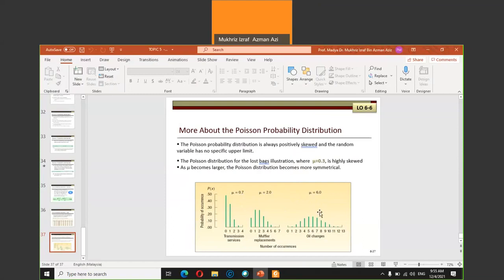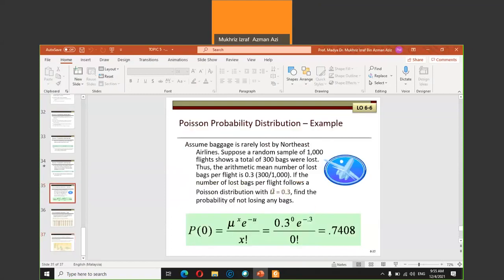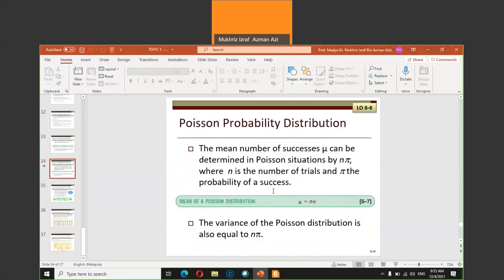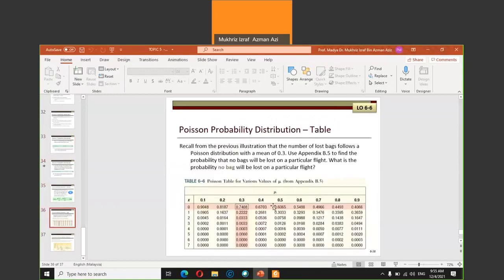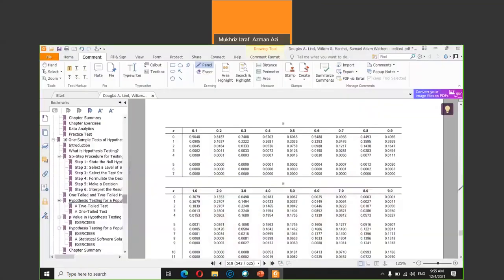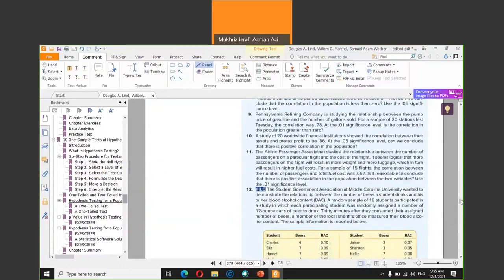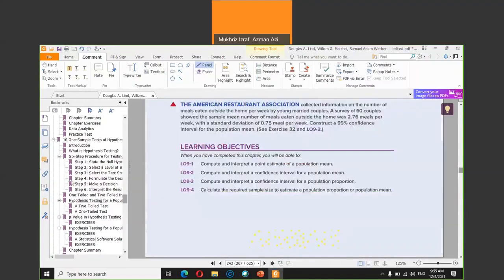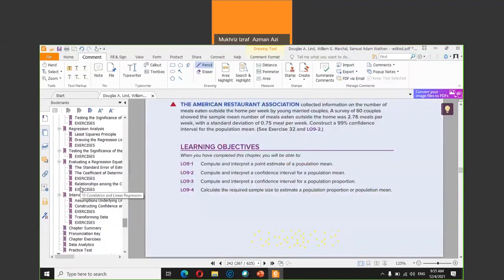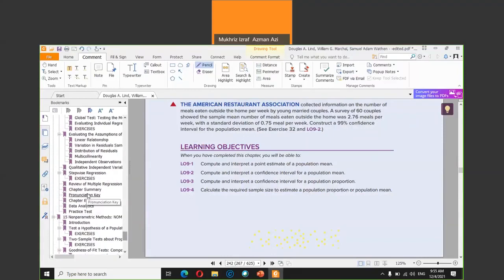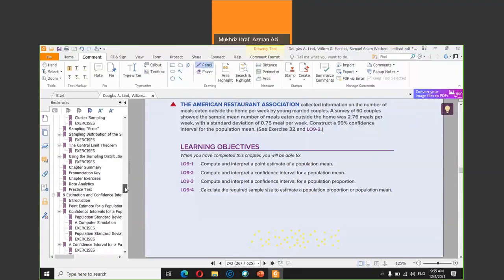You can see that the slides for the Poisson distribution are very short. I think the main thing is practice or exercise. You cannot learn just by one example alone. So maybe we can discuss one question with the answer provided first, and then I will give you the questions to do.